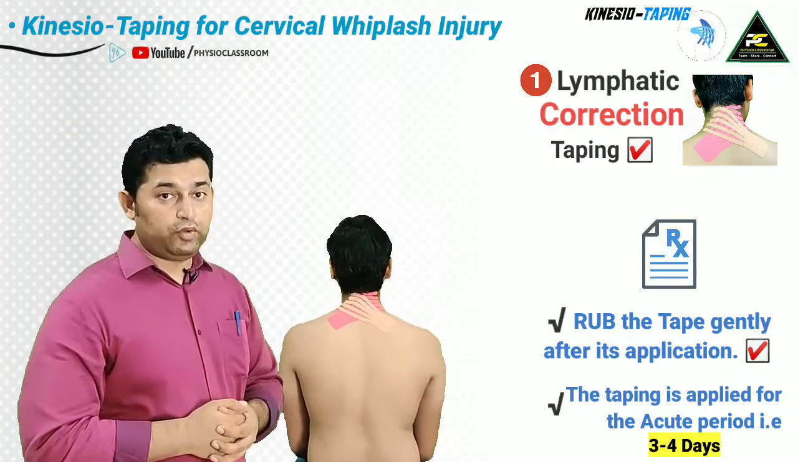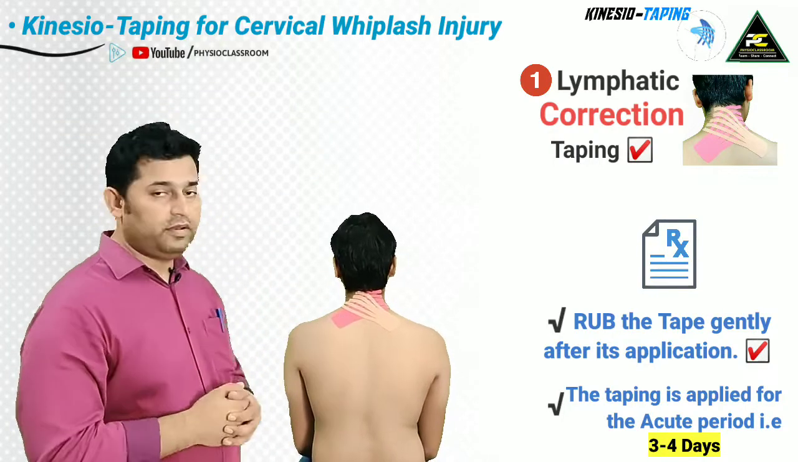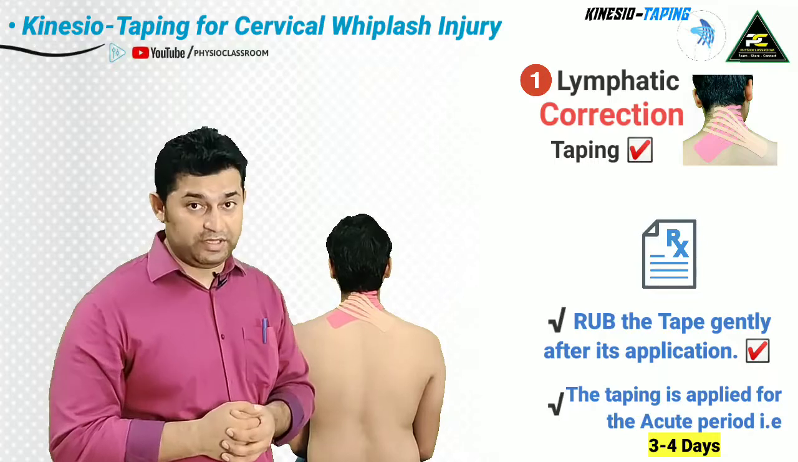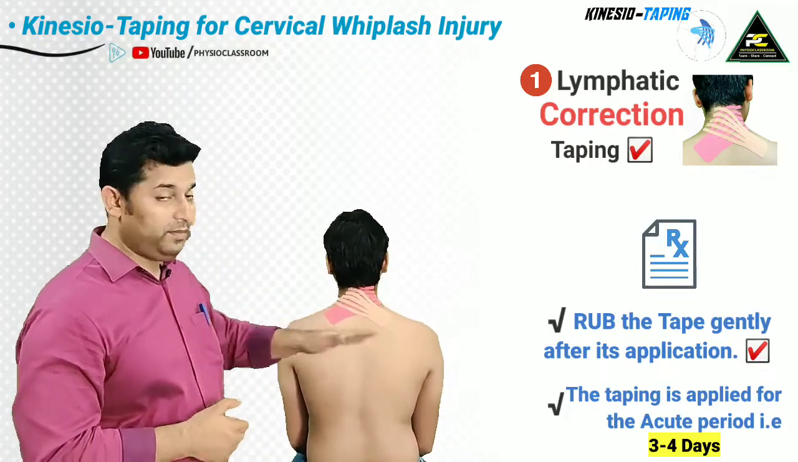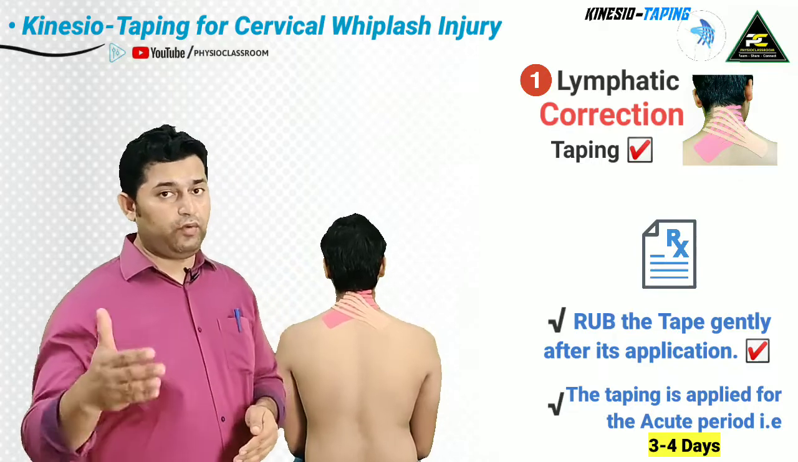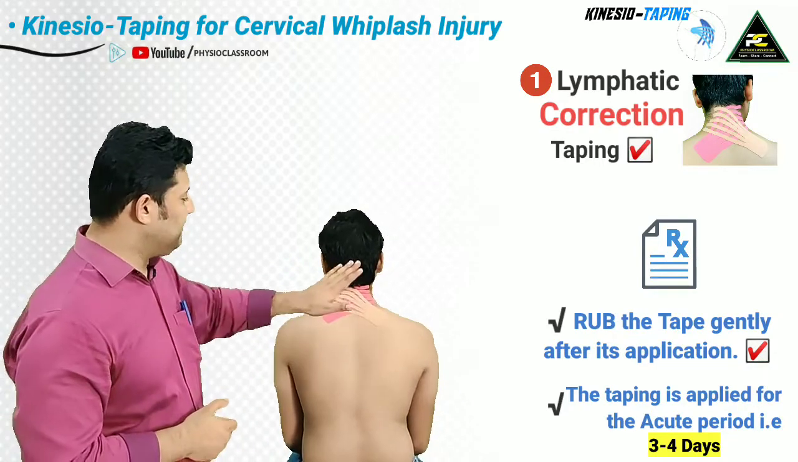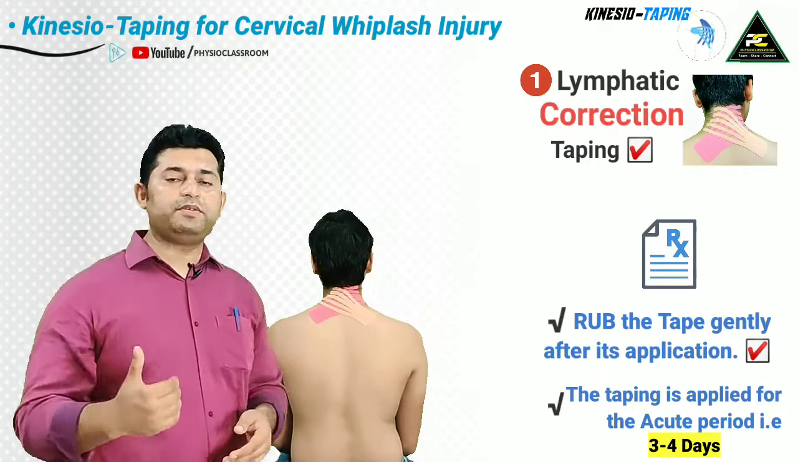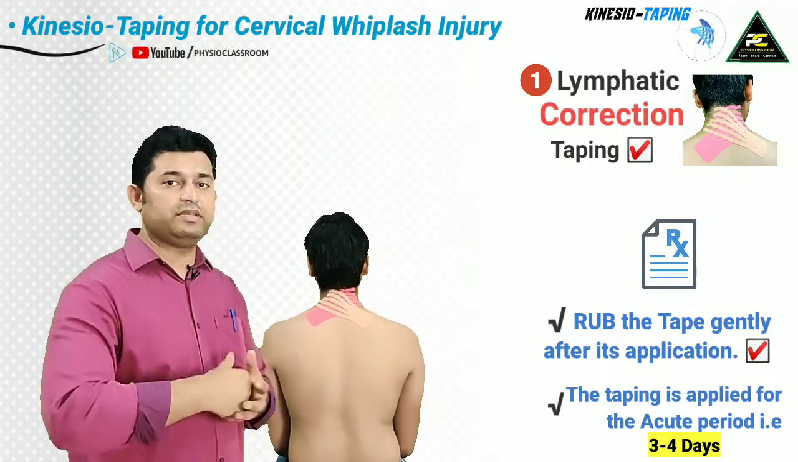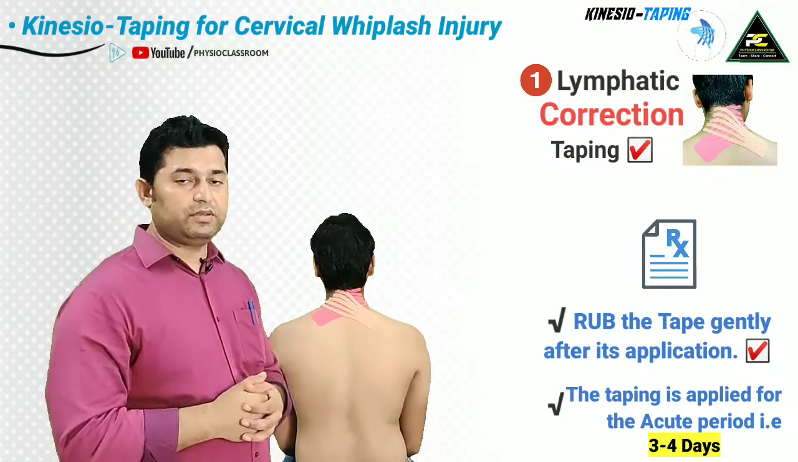So this is how we are going to apply the lymphatic correction tapes for the cervical whiplash injury. Now please remember that this taping is going to remain over the patient for the first 3 to 4 days when there is significant inflammation in this region. After the patient comes for the next visit, we are going to change the taping application, which is now going